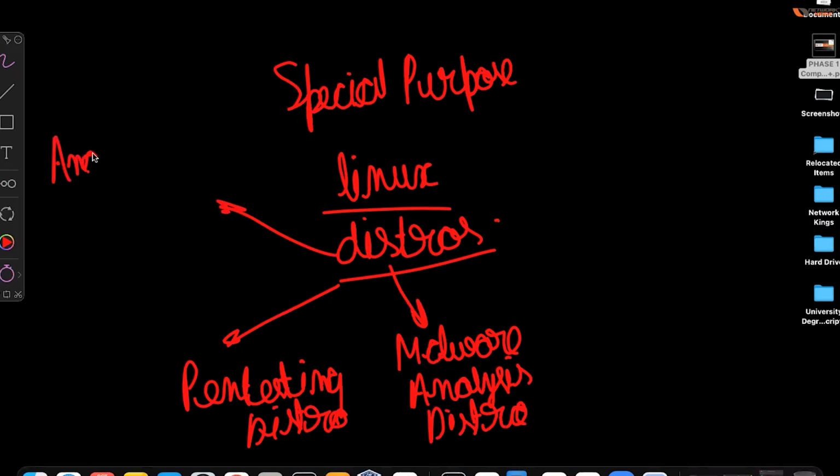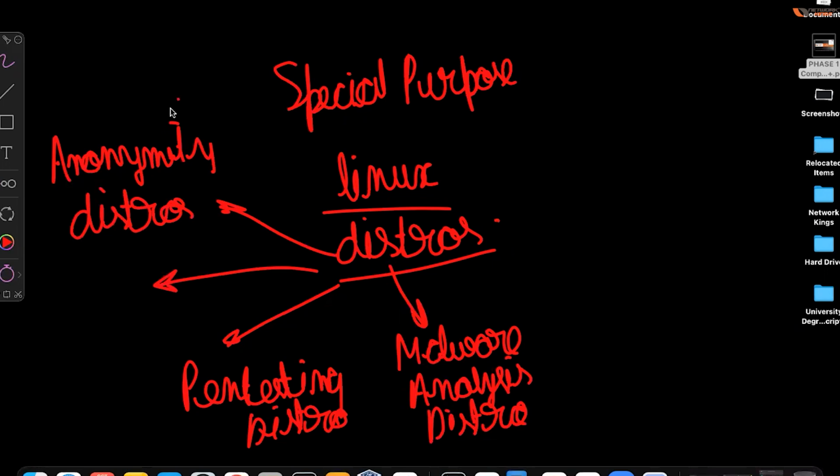There are some for maintaining anonymity distros. Then you would also have a programming distro. I haven't seen one, there would be, but you can take up a programming distro. ठीक है.